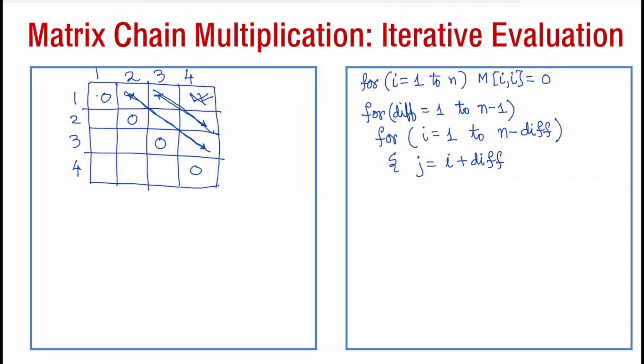Then now we will do a loop for varying k, and therefore again like the val, we will initialize m[i][j] equal to infinity, and for